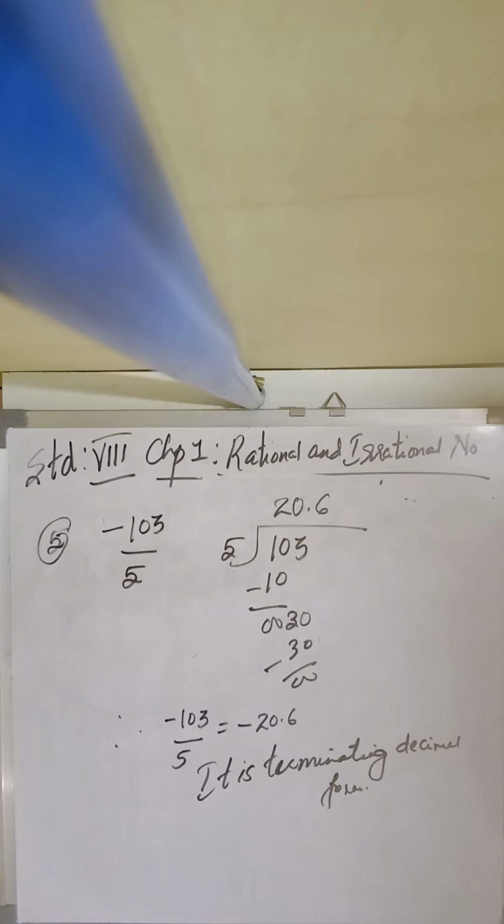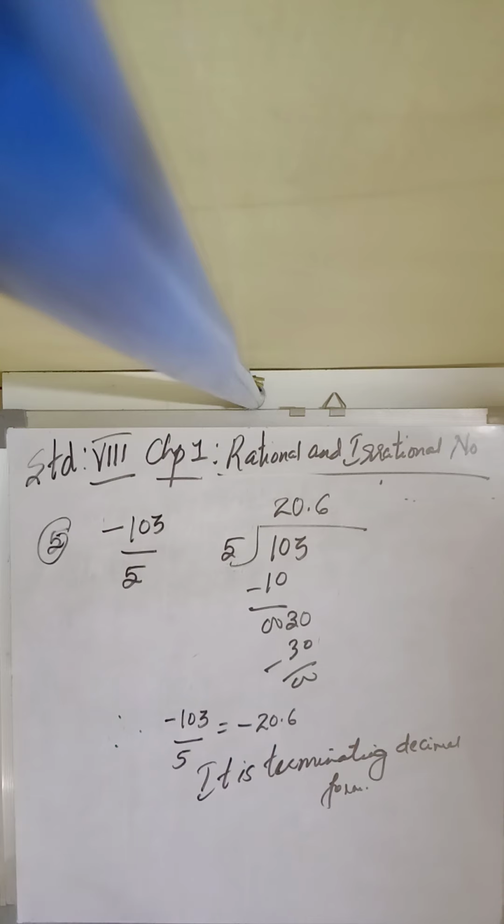Now with this example, one more example is remaining, that you will be doing for homework, children, and I will be giving some more sums which you will be solving. After solving, children, I want you all to write down, if it is terminating, write it is terminating decimal form, and if it is non-terminating, write non-terminating decimal form. Those questions I will be sending to you all, you can do that in the homework notebook. Clear, children? And if you have any doubt you can ask me, as I have already told.